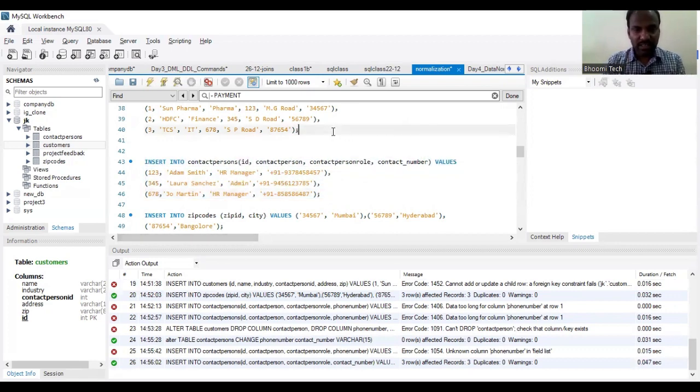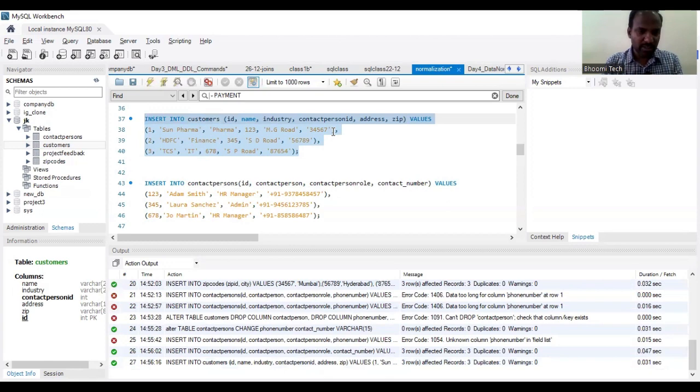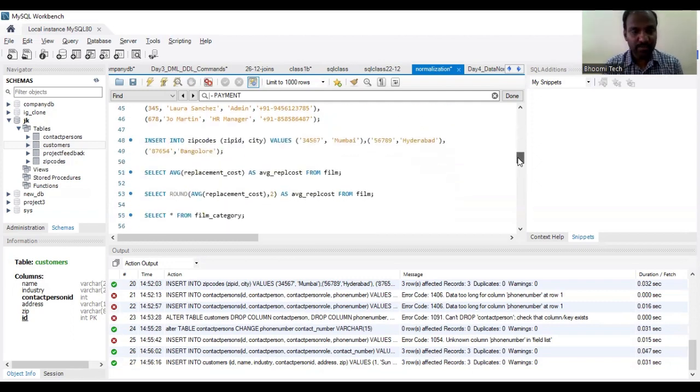Now let's insert this data into the customer's table. Yes, now the customer's table has been inserted. Why were we getting errors? Because we have specified the foreign keys and we have imported the constraints, right? So first we have to create those tables and then insert these values. Okay. Now